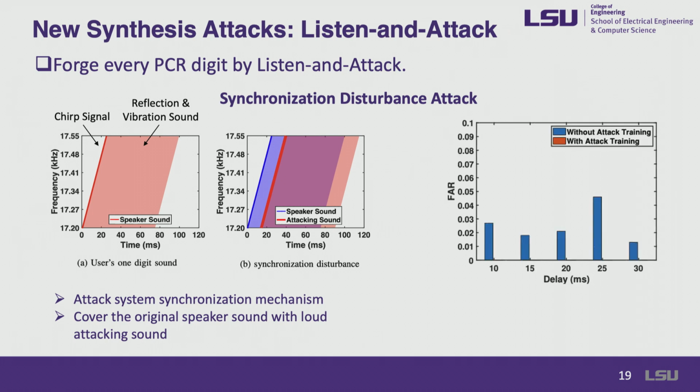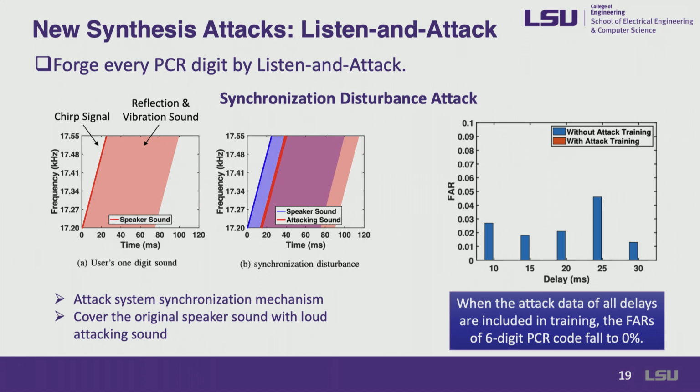The figure on the right shows the system performance under this type of attack. As the attacker has to listen and then attack, the delay is unavoidable. We thus consider the entire adversarial PCR code sent with different delays. We observed that when the attack data are included in training, the FARs of a 6-digit PCR fall to 0%